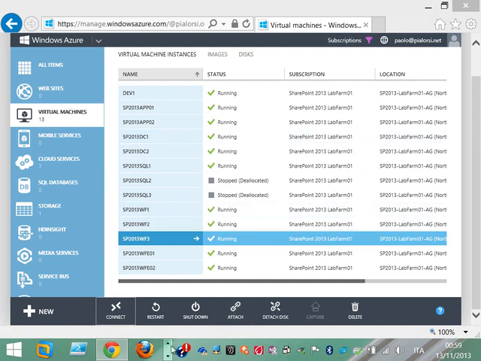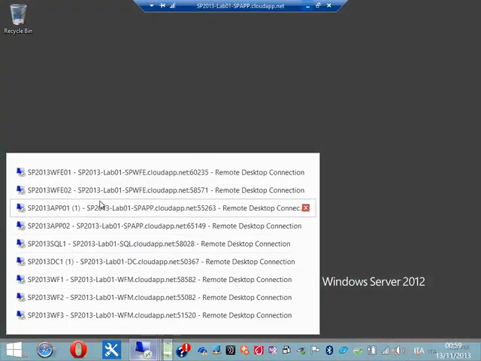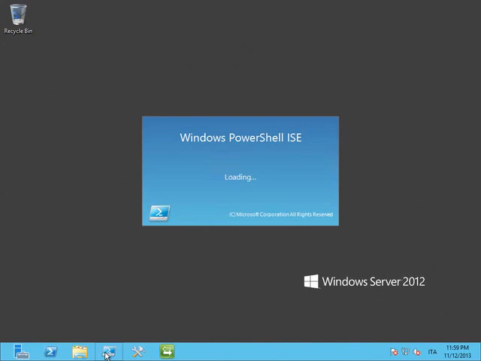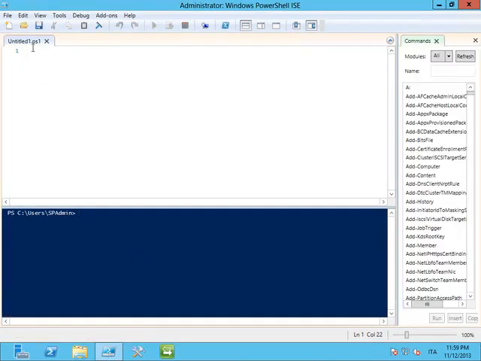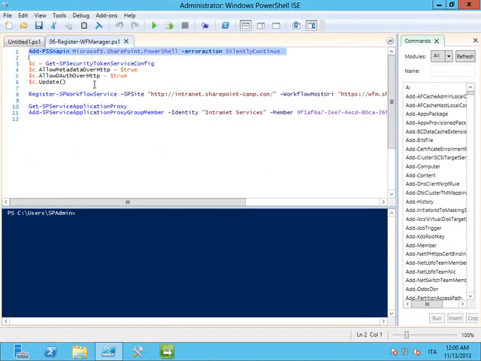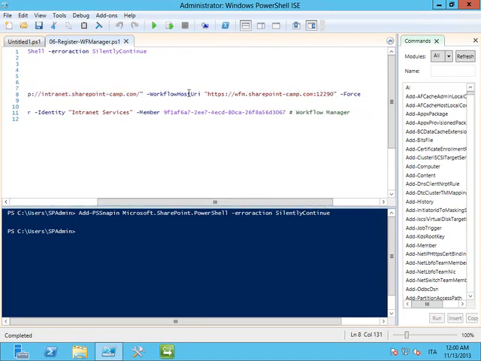So you can go to the SharePoint 2013 server farm and you can register your Workflow Manager farm. You can connect the SharePoint server farm with the Workflow Manager farm. In order to do that, you can execute a bunch of PowerShell scripting. First of all, you will need to load the PowerShell extensions for SharePoint. Then you can register your Workflow Manager farm against a target SharePoint environment, providing the URI of the workflow host, which will be the one you have just checked in the web browser. However,